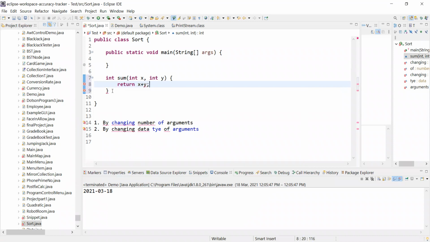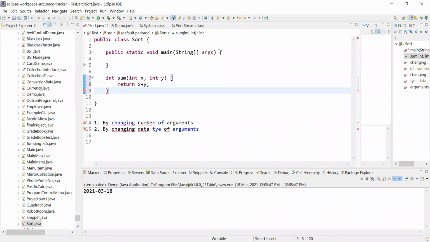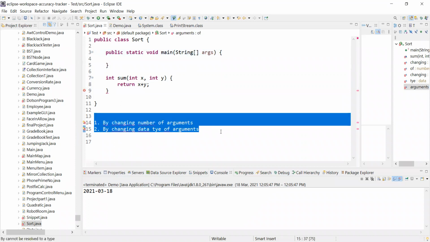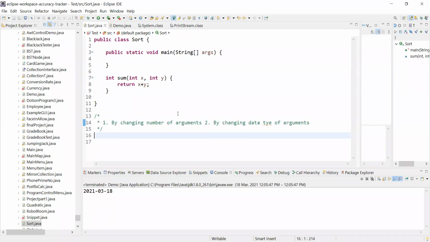This is the method we have. We are getting an error here because these should be in comments. Okay, so this is the method we have.